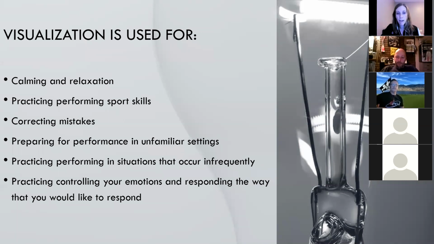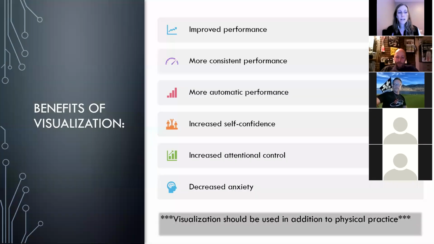So we're going to just move ahead in terms of the presentation. But when we look at actually the benefits of visualization, we know, we're told to do it, our coaches tell us, it's something that is, I think, emphasized a lot. But really what happens is we have improved performance with visualization. And I'm going to give you an example of a classic study. So basketball athletes were taken, they had a shooting test to see how many shots they could make. And they were divided into 3 different groups.